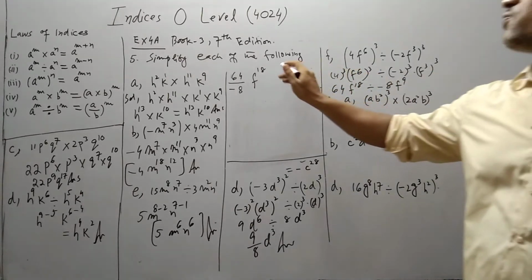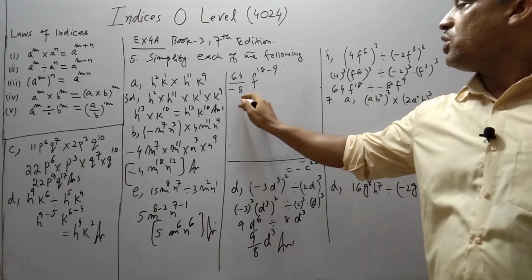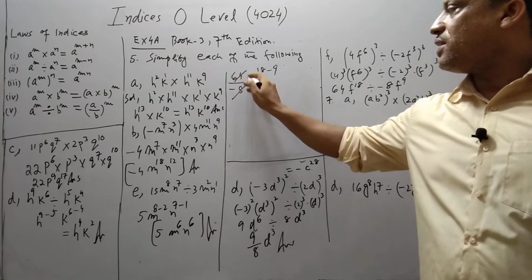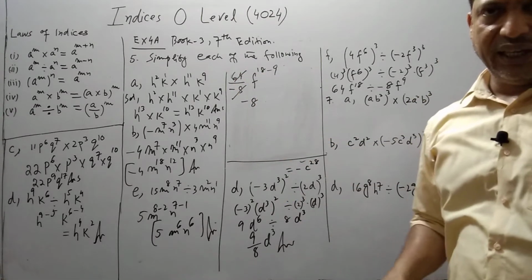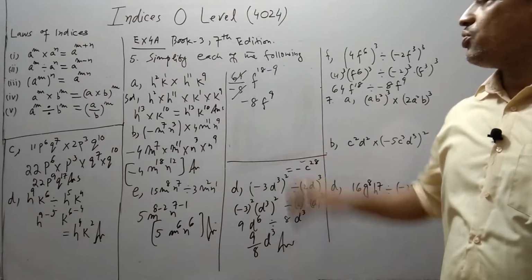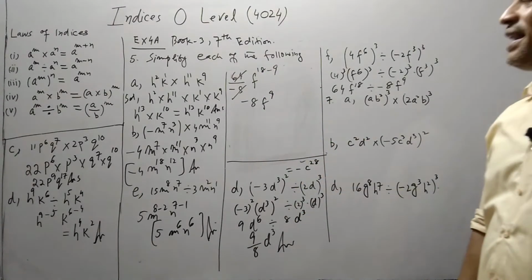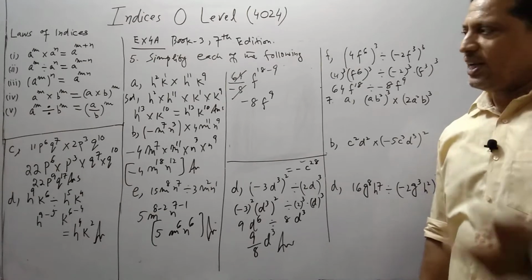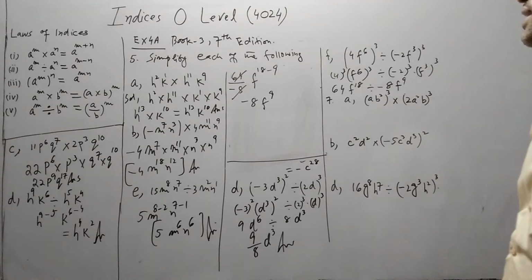18 minus 9 is what? 18 minus 9. So 8 8s are 64. You can cancel, just division. And F to the power 18 minus 9 is F9. So your final answer would be minus 8F to the power 9. I hope you understand. Next